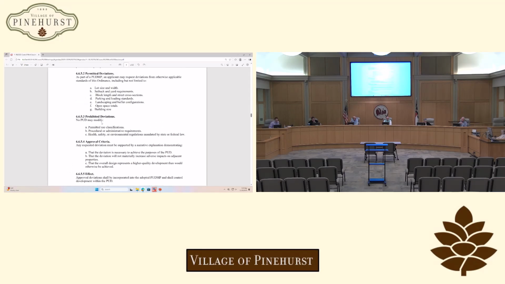Hold on, let's just look at those for a minute. If you're living in Pinewell and you've been there a good while, you drive around there, there's sort of a standard Pinewell setback and yard requirements, and boy, they have a lot of requirements, but that's agreed to under the HOA. Building size.